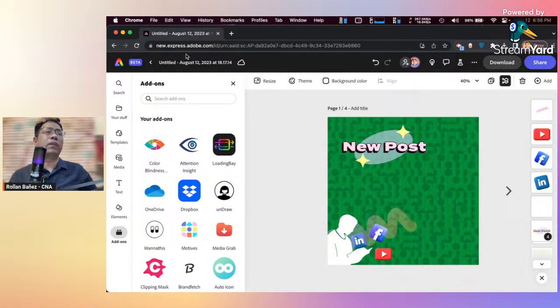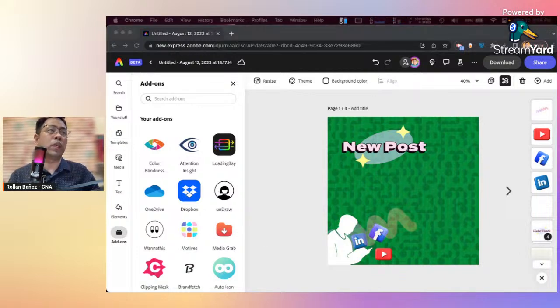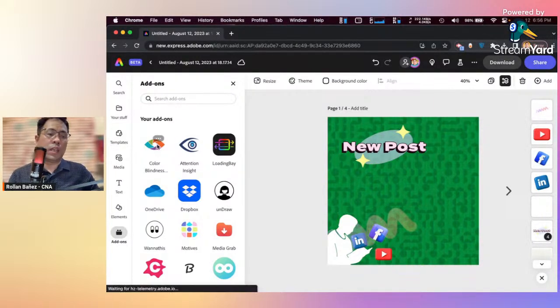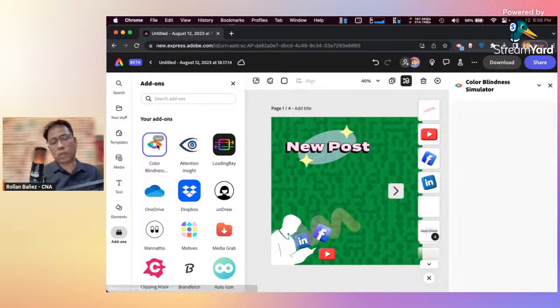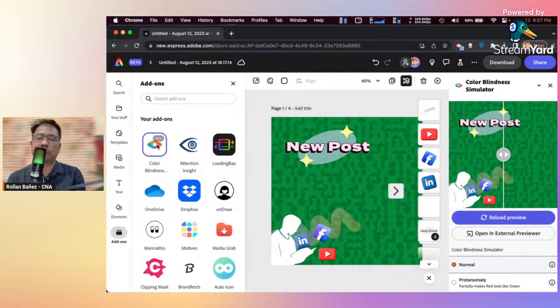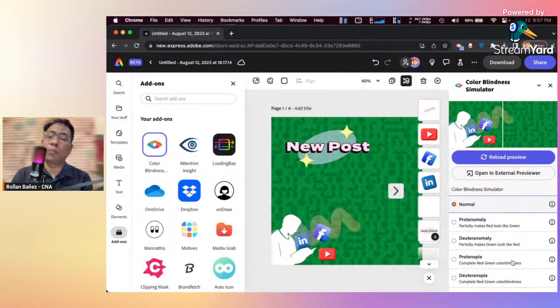So if you have people that you're trying to target with your design, and some of them have color blindness, you can easily simulate what they see in your design. For example, I'm just going to click on color blindness simulator, and you would see there is what we call the before and after type of mechanism. So you can easily simulate color blindness.